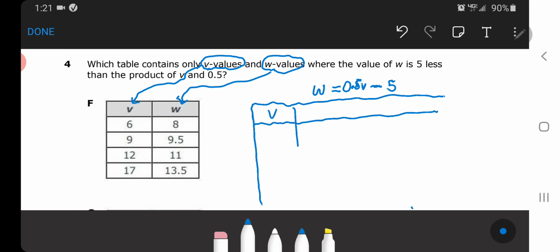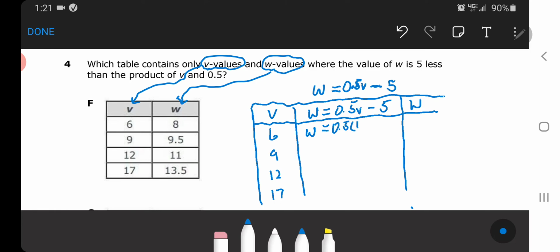Okay. Quick, I'm going to put a little equation here where W equals 0.5 V minus 5. When we input our V values, we'll get a W value. Okay. So real quick, we're going to do 6, 9, 12, and 17. Okay. So we have W equals